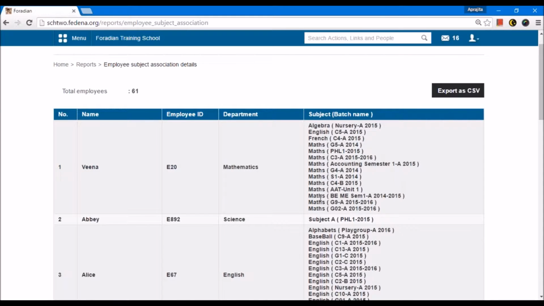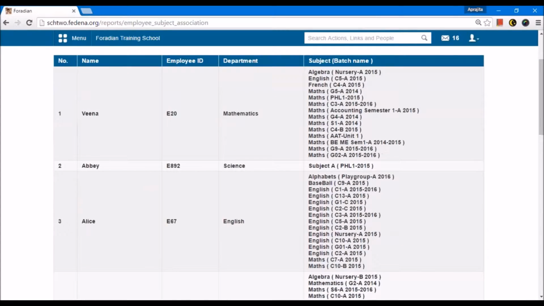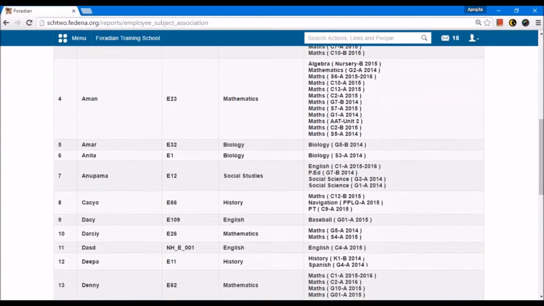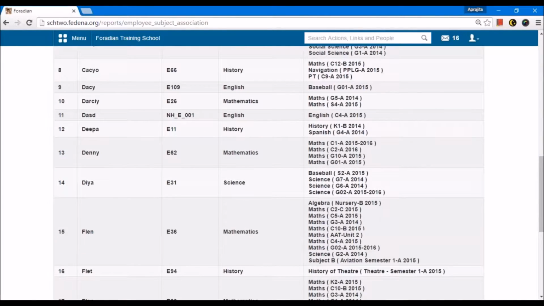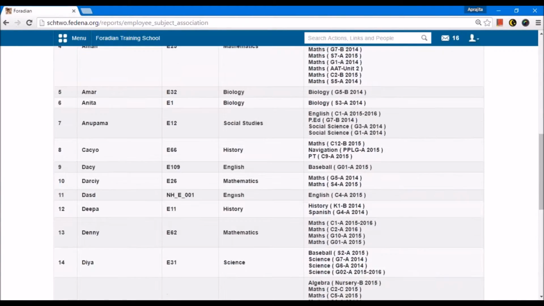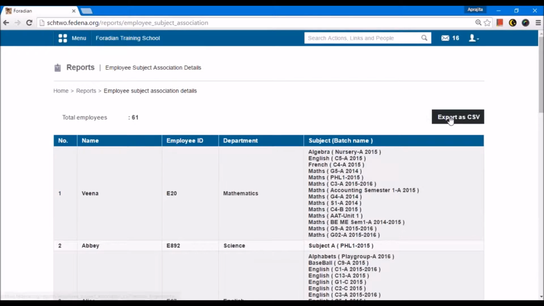And the last column shows the subjects and the batches in which the teacher is taking that subject. So in this example, this teacher, Veena, is taking algebra in Nursery A 2015 batch. So you can get this list of teachers and the subjects they are teaching in each course. Again, you can export it into a CSV file.